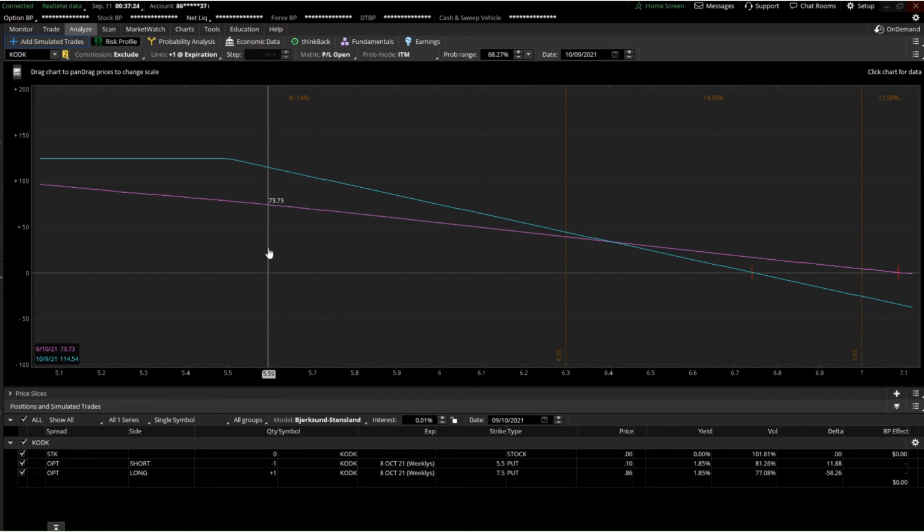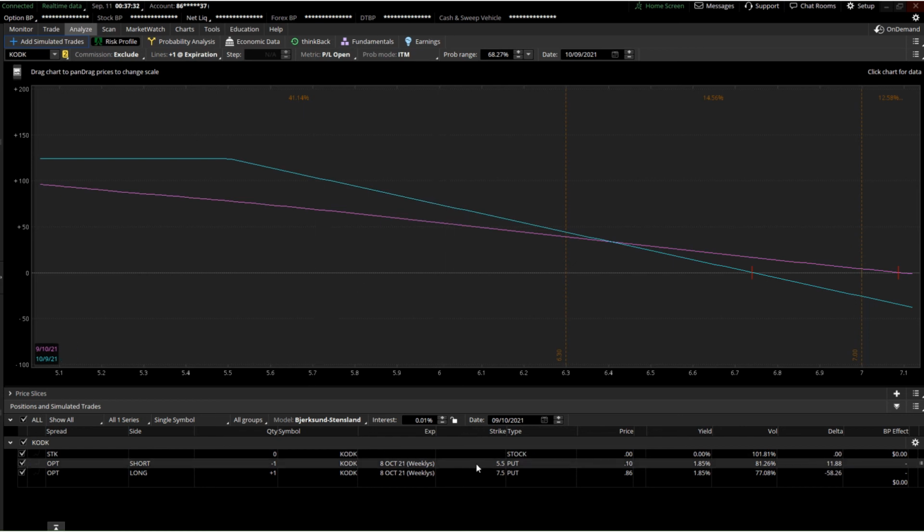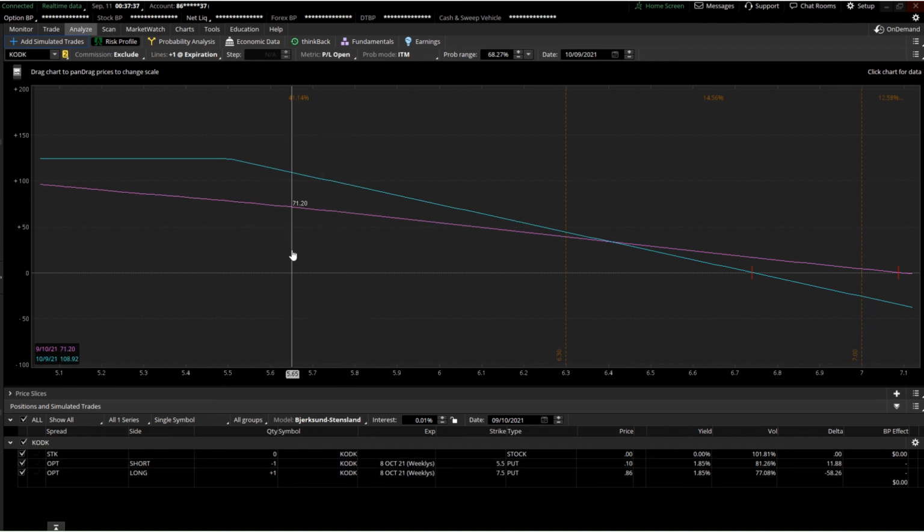So even if price is at, let's say, $5.70, the buyer of my contract could assign me to buy these shares at 550, even though the price is trading a little higher than 550. I could get assigned. So that's another risk I don't want to be part of. I knew this was going to be a small margin for profit because I'm selling a put, and